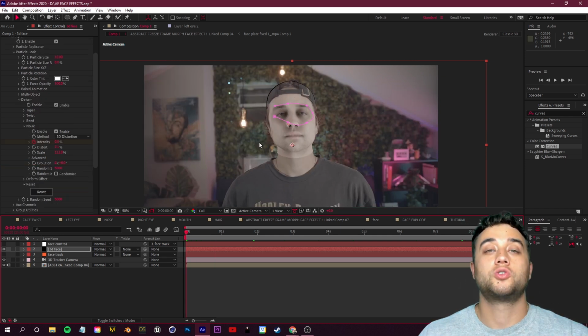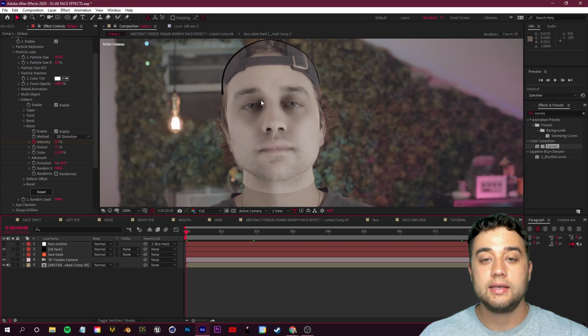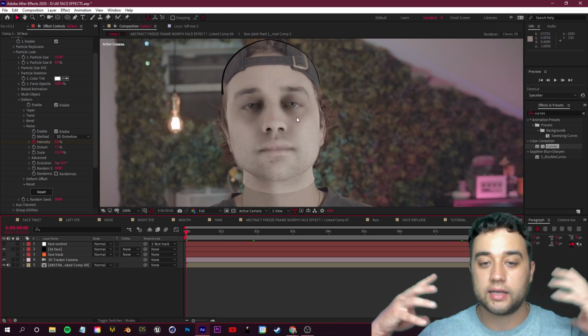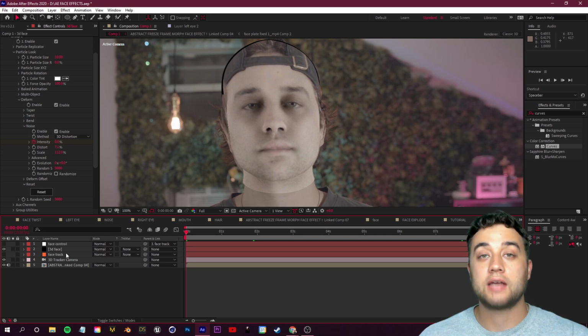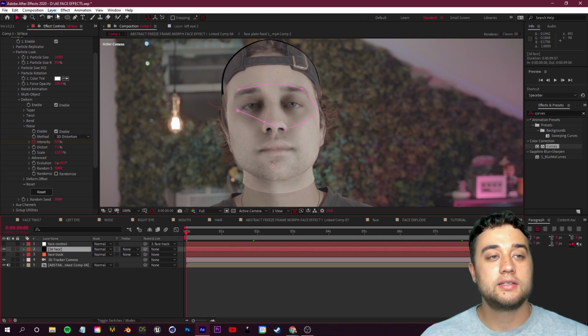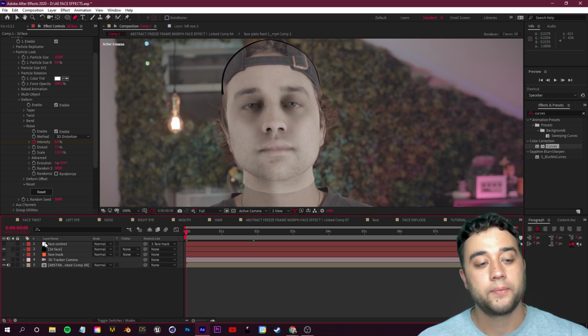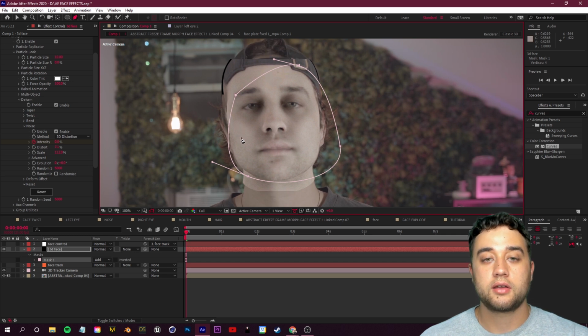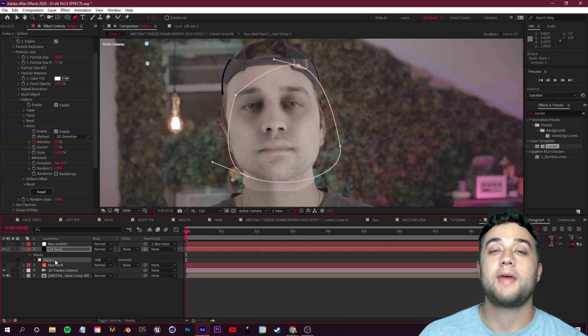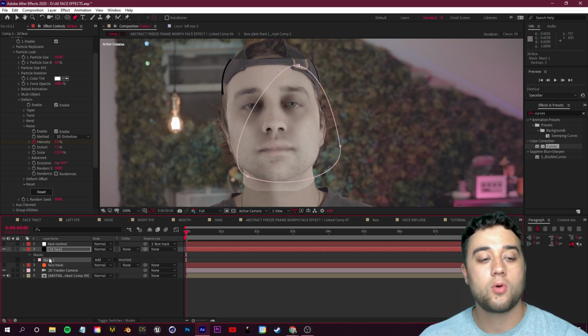So now, since we have our distortion, all we need to do is blend this so it doesn't look so ugly and like there's a cutout over our original face. So to do that, we're gonna do a bit of masking. The only issue is it doesn't allow you to directly mask right onto an Element 3D layer. You see, if I just kind of create a mask like that, it's not going to be proper. You see how they have all these cut off edges. So to be able to sidestep that, we need to create a reference layer for our mask.